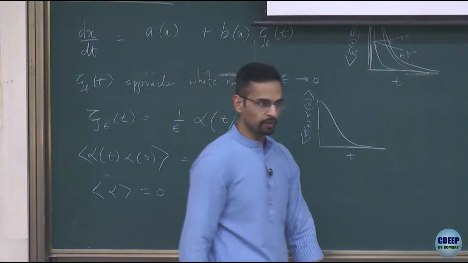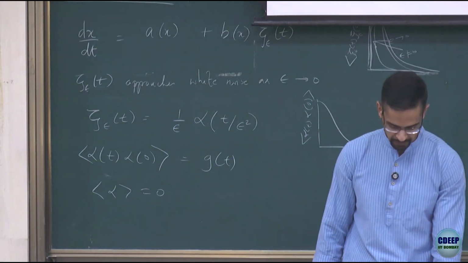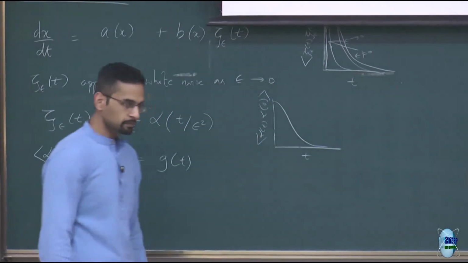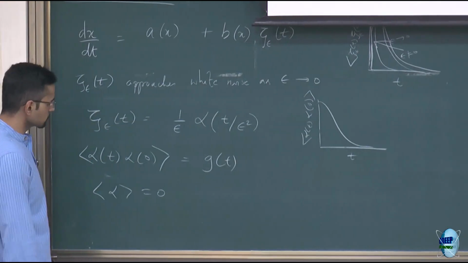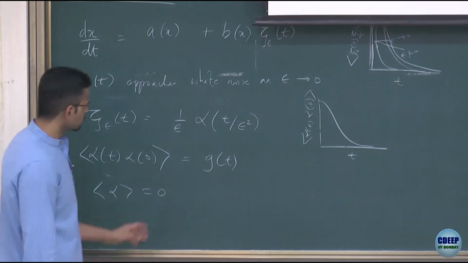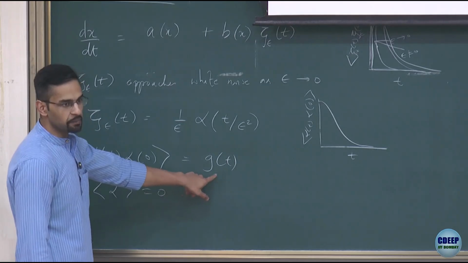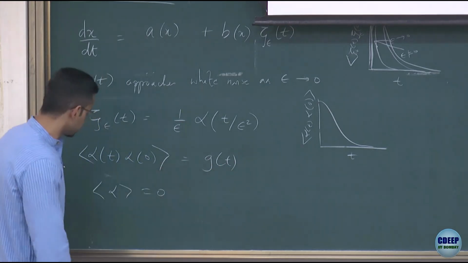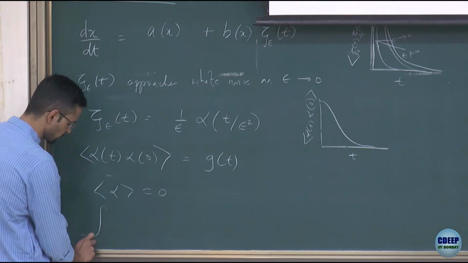Again, we are trying to go to the white noise limit, which has 0 mean. Okay, and so this is the autocorrelation function. And I basically want to say that the time scale is finite from this thing. So I'm going to require that